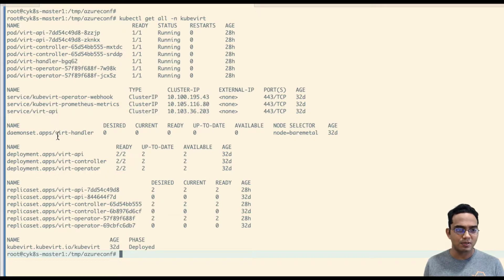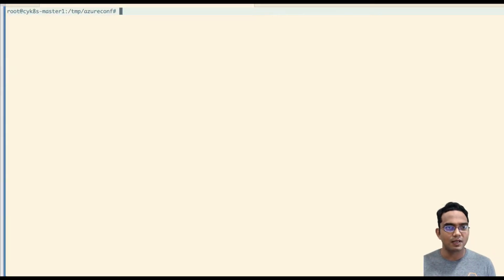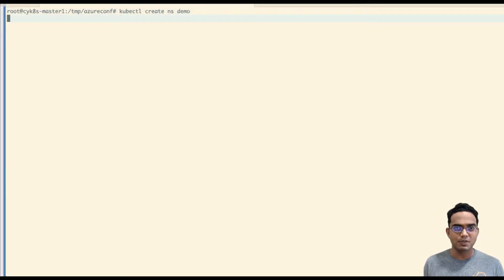So we have this virt-handler running as a daemon set. We have different pods running for different objects here and so on. We're now going to create a namespace. So let me do a kubectl namespace creation for our demo purpose.